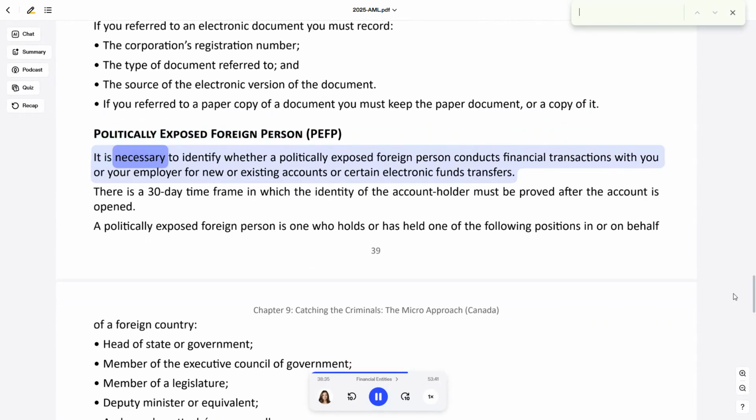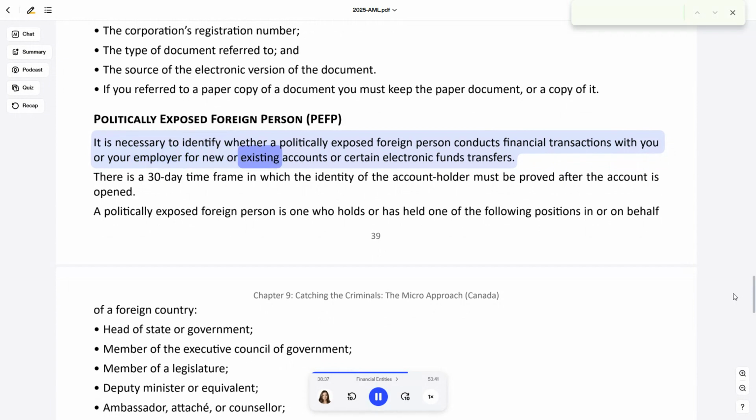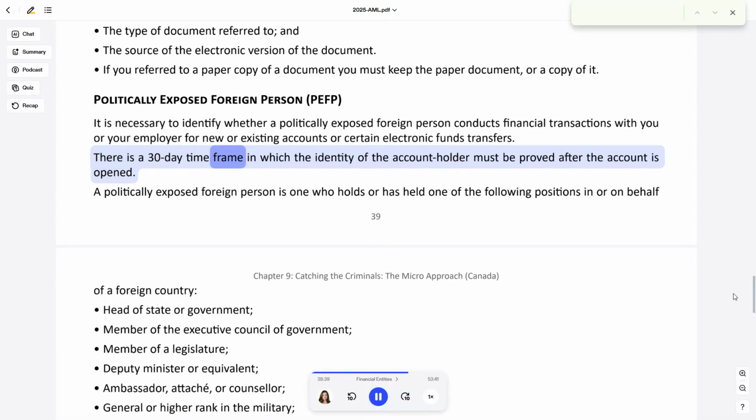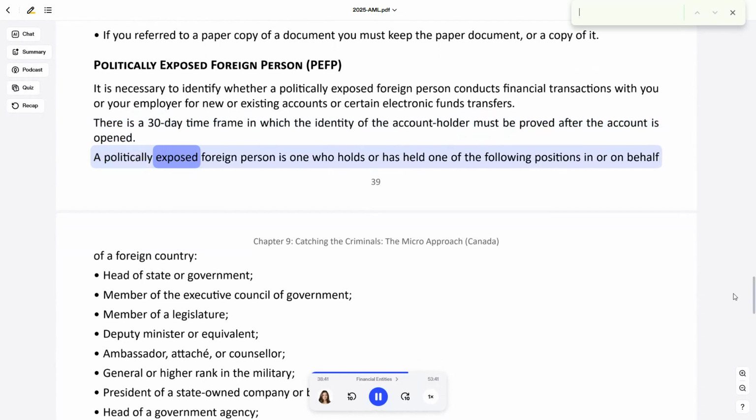Politically exposed foreign person, PEFP. It is necessary to identify whether a politically exposed foreign person conducts financial transactions with you or your employer for new or existing accounts, or certain electronic funds transfers. There is a 30-day time frame in which the identity of the account holder must be proved after the account is opened. A politically exposed foreign person is one who holds or has held one of the following positions in or on behalf of a foreign country: